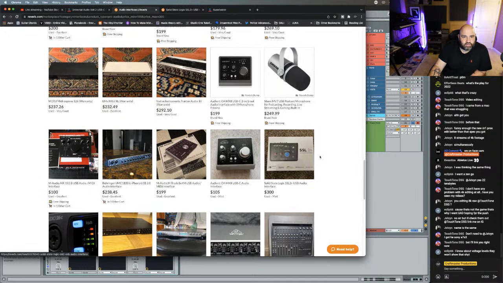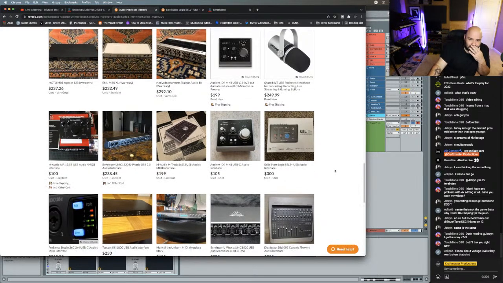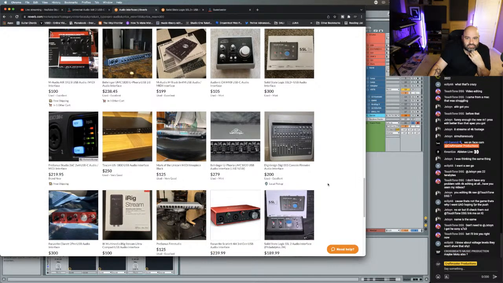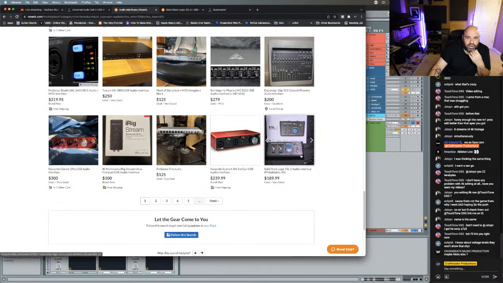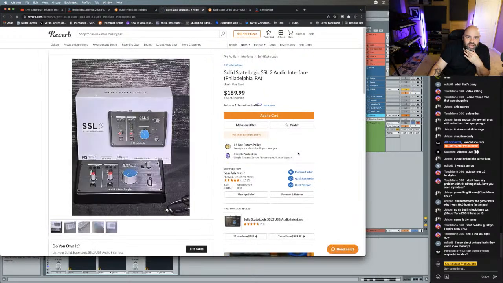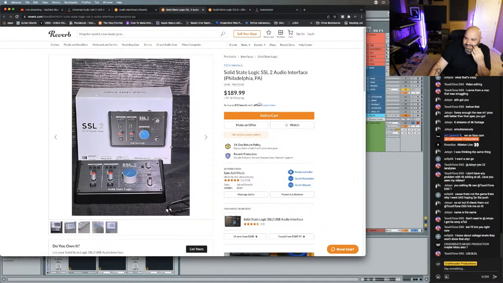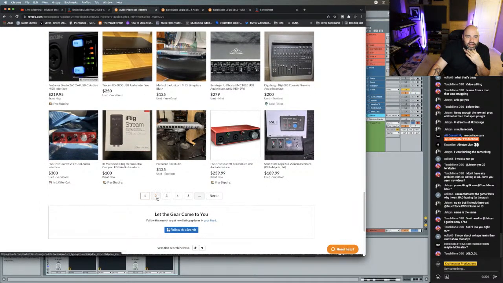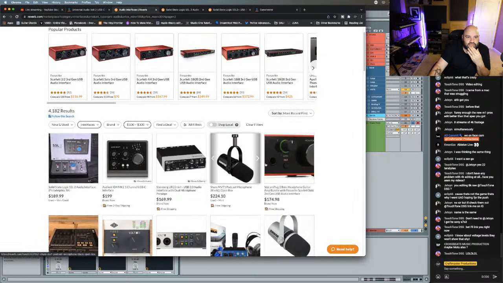Damn, that's a good deal on that SSL interface. I know about voltage levels, but they won't show that. Oh, bruh. Boom. Right here, 189. If you don't return that and buy this right here, bro. Yeah, Crossbeats. That's what I was looking for first. I was looking for a Motu, and I couldn't find any Motus at like $200.